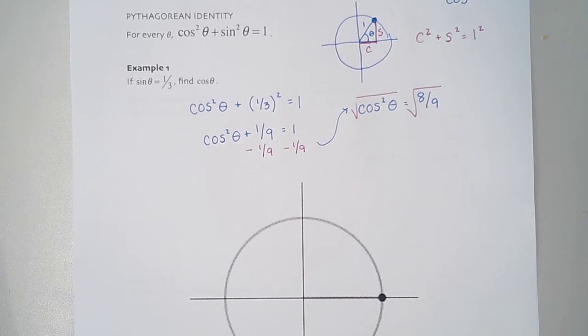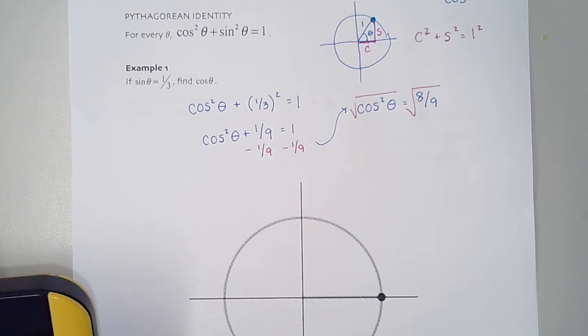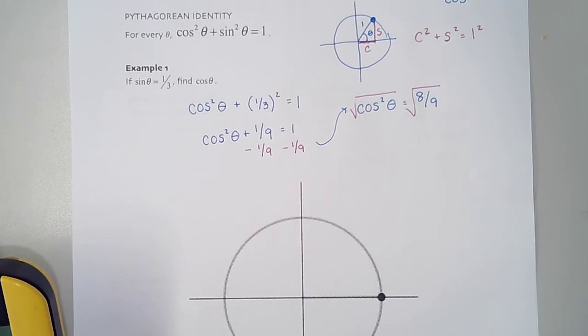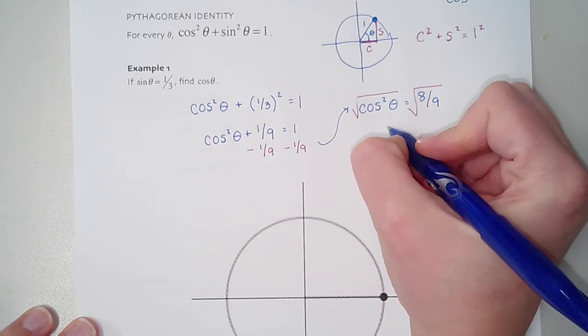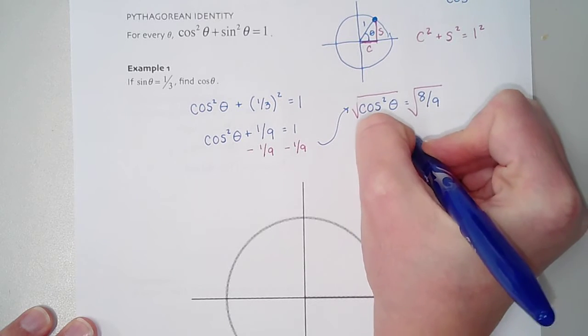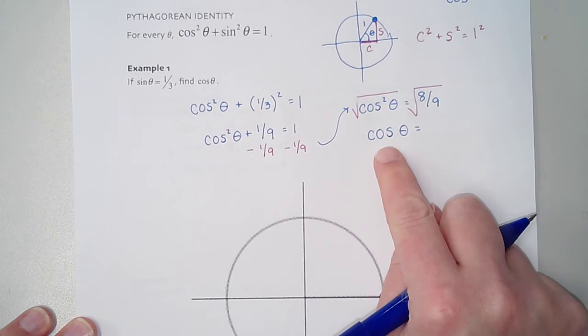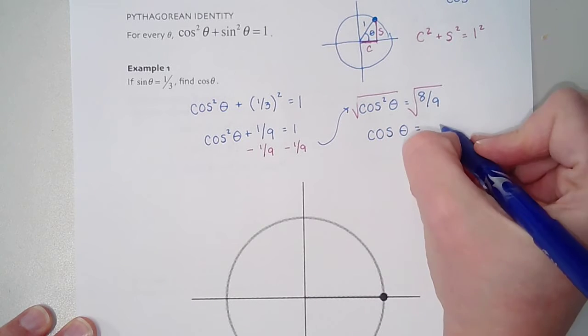And from there I'm probably going to have to just jump to a calculator. So I'm going to do the square root of 8/9. And I get that cosine theta is equal, that's what happens. So when I take a square root of cosine squared, I'm left with just cosine. And I get this decimal,